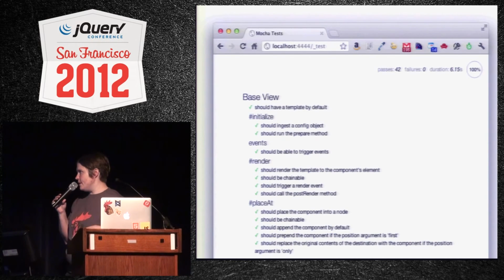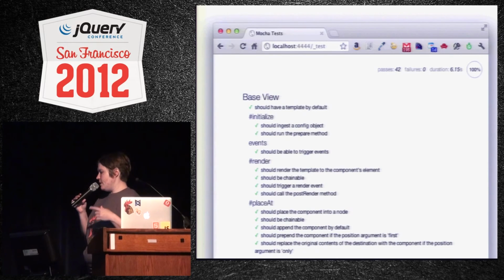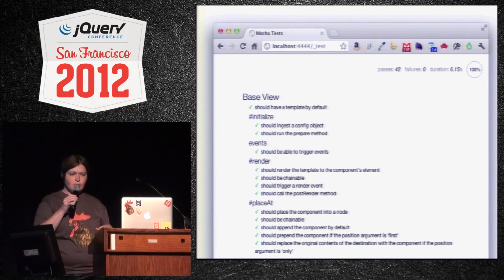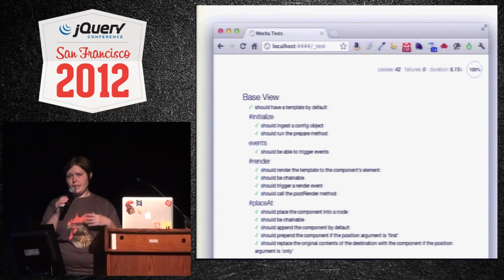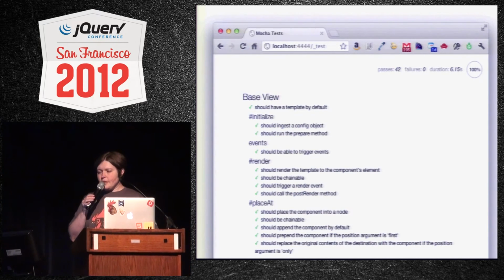And so I used Mocha to write some tests for this. And if you download the code and fire up the server, you can actually see these tests running. It's incredibly testable. It's incredibly easy to test. So we can write